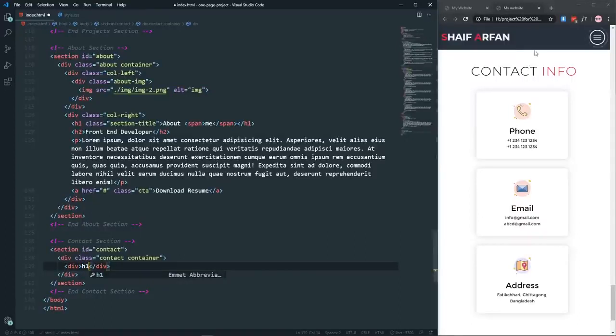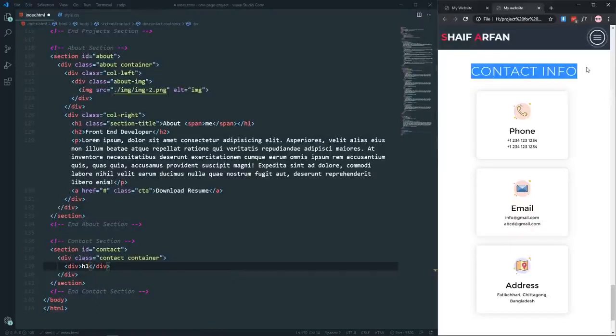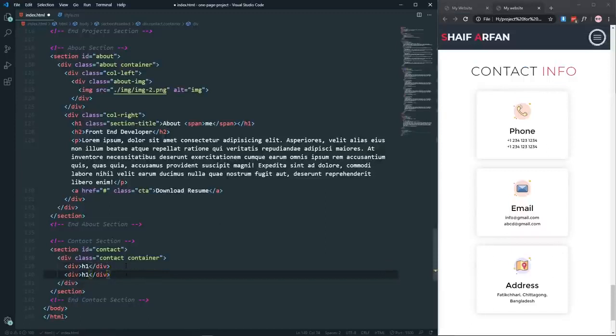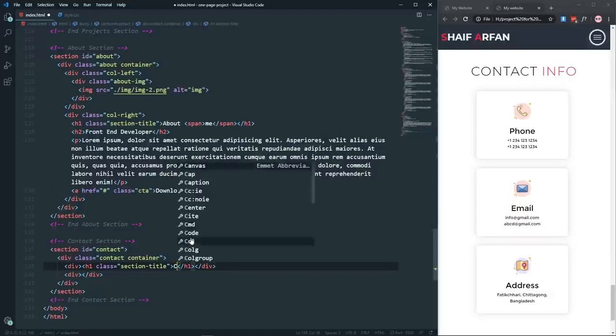As you can see, in this contact section we can divide it into two divs. First one is the heading and second one is all three cards. So the first one will be our h1, and here we will also have a class which is section-title, so that we don't need to style it, it's already styled in the section class. And here I will say contact info,